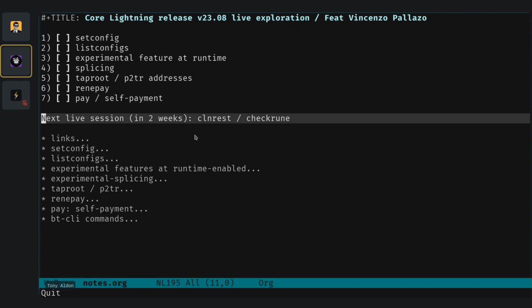I was not quite familiar with the proposal, and I didn't help much on reviewing splicing, because splicing touched a lot of parts of the code, touched the wallet, how you manage the transaction, and all this kind of stuff. But another pretty difficult feature to do was the experimental feature at runtime,